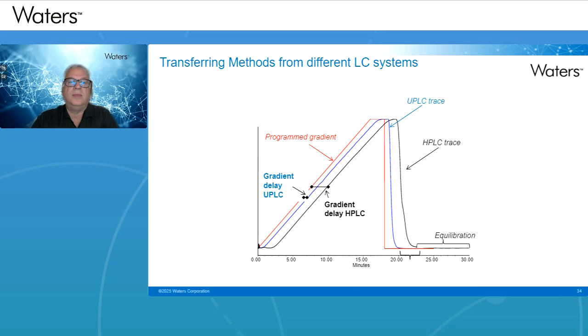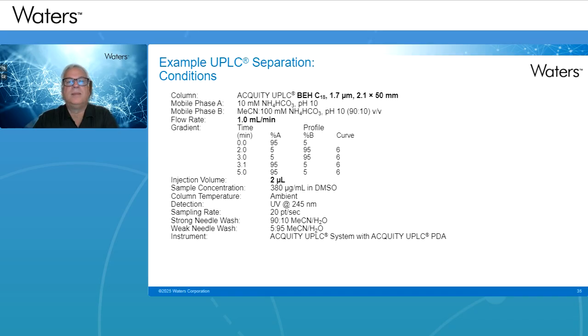So the importance of it is that in the publication, if they were using a UPLC, they were having that delay, and now if you are using an HPLC, you will get a different delay. So we need to calculate the difference between the two. We need to consider that in our calculation, and we'll see that. Okay, end of the theory.